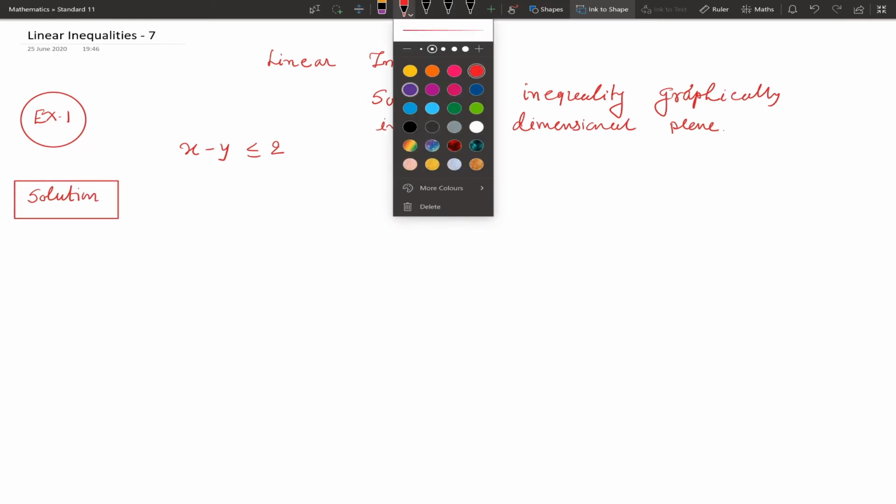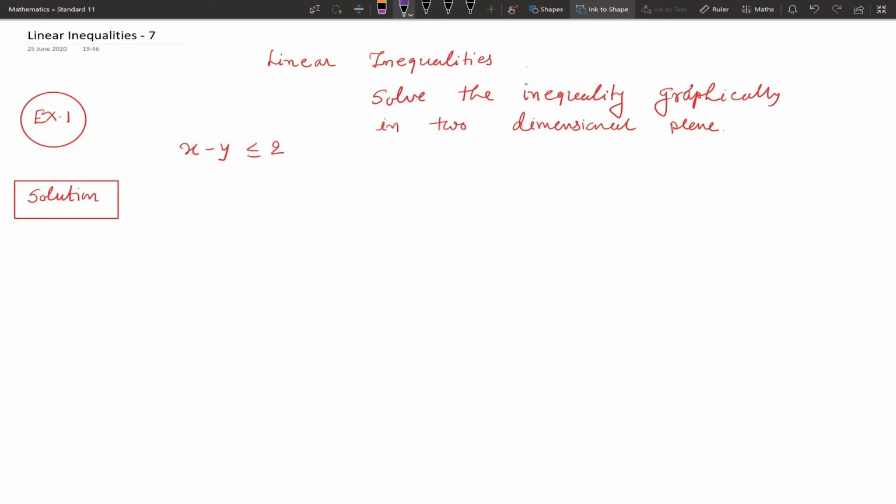So we know the method is step 1, remove the inequality, take equality. So equality will be x minus y equal to 2. Now this is a linear equation in two variables which represents a straight line, and to draw the straight line two distinct points are required. So as usual,